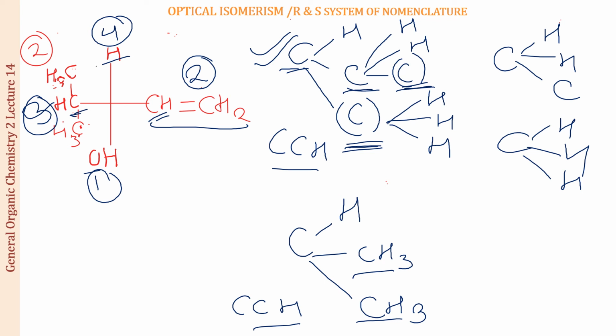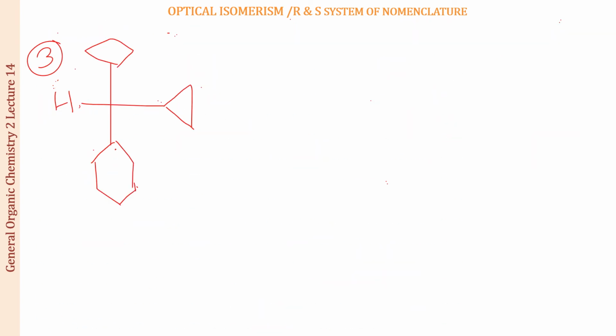Okay, so again what you can see is the hydrogen is still present on the vertical position. Whether it is present on the top or the bottom, it does not make a difference. So what you will be doing is from 1 to 2 you draw the arrow. So this is again in the anti-clockwise direction. The configuration is going to be the S configuration. Okay, I hope this is clear. All right, let us see one more example that we had.